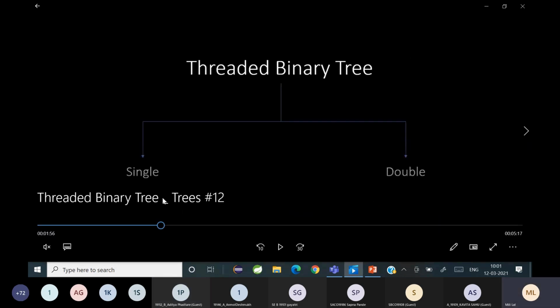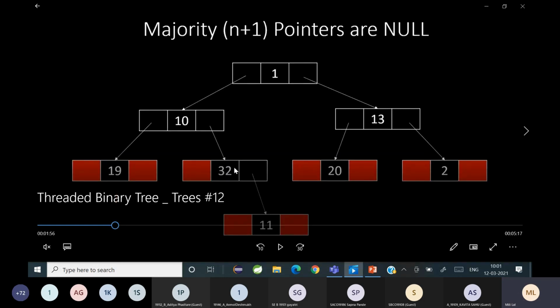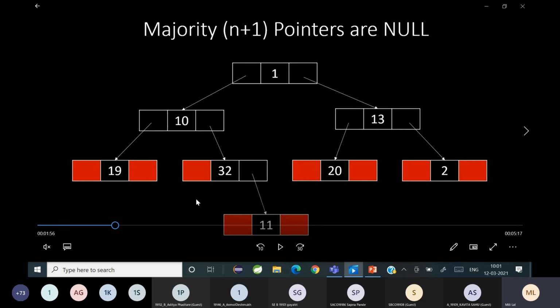Yes. As you saw in this example, look at node 32. Can you see node 32? Yes, ma'am. So what is the problem in node 32? One pointer is pointing to another node, that is the right pointer, and the left pointer is null, right? So when we convert the binary tree into a threaded binary tree, you are going to use a single threaded binary tree.